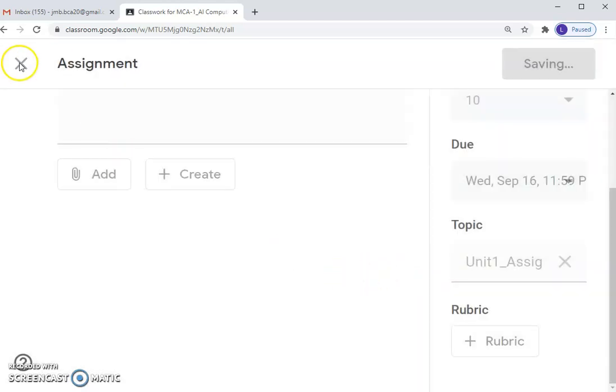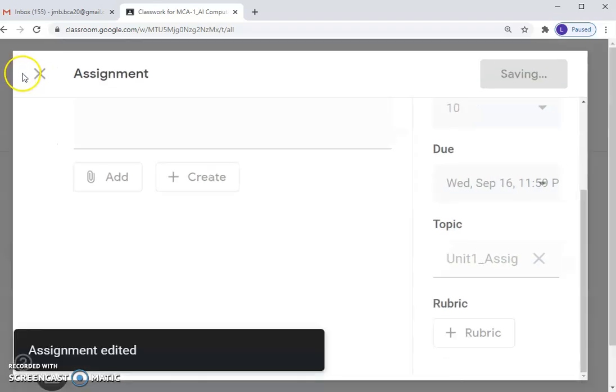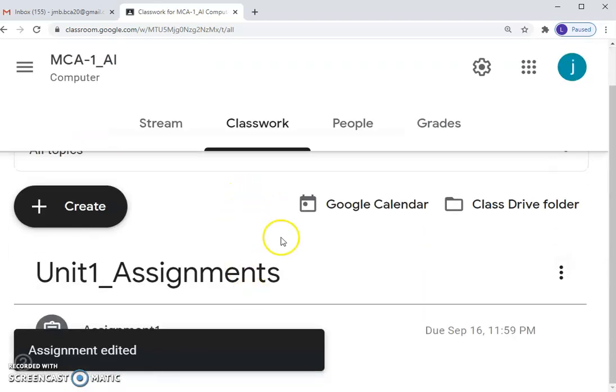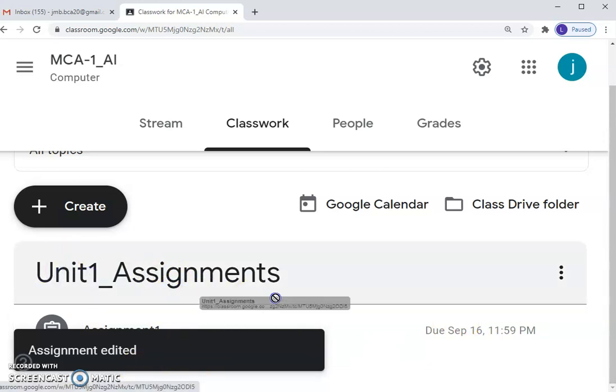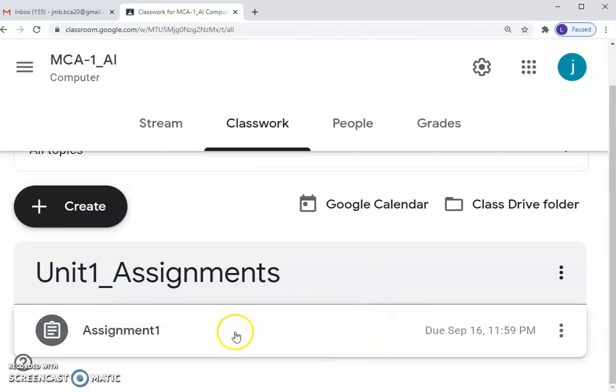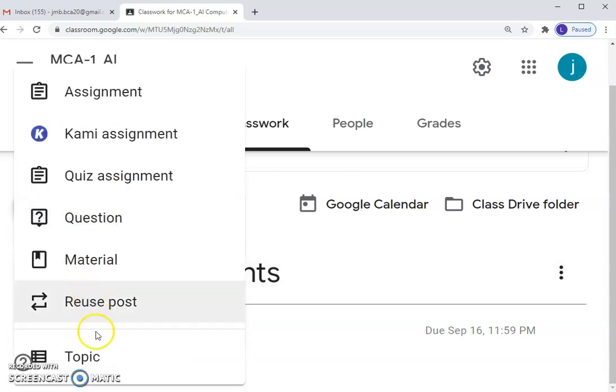Now go back and check that this particular assignment is added under the topic Unit 1 assignments. So it will be easy for students to know all assignments of Unit 1 under one topic. Same way we can create other topics also.